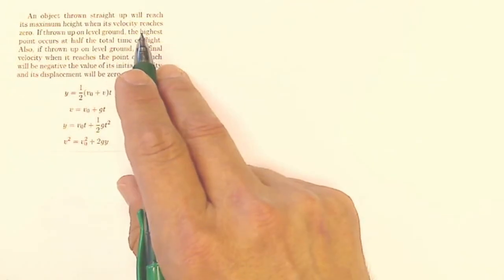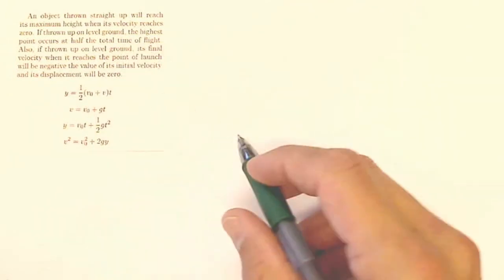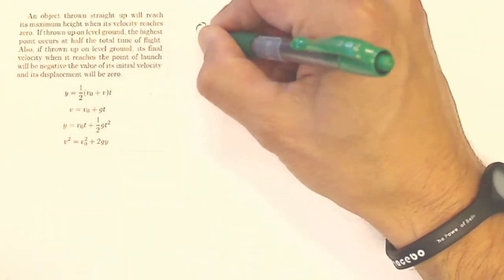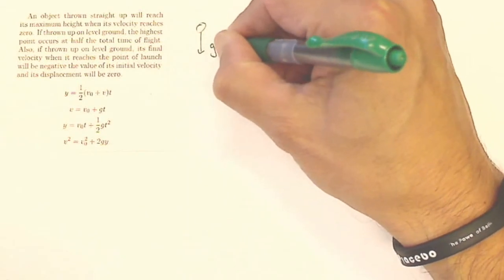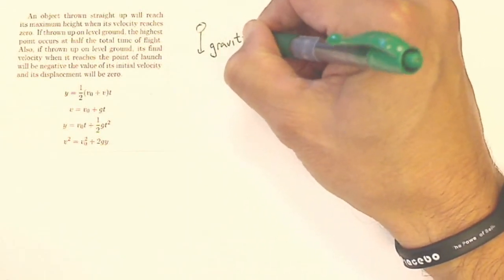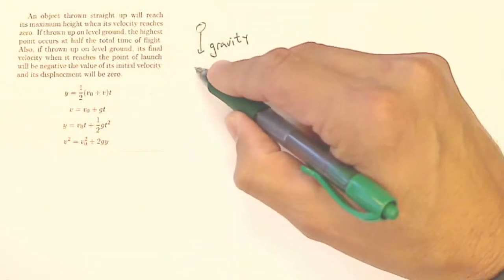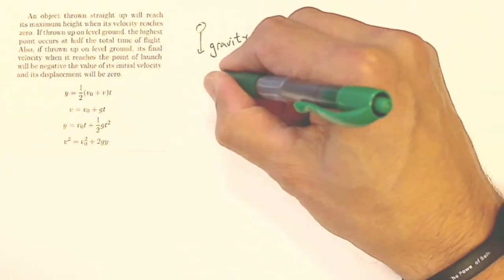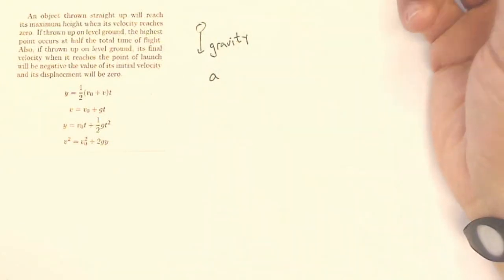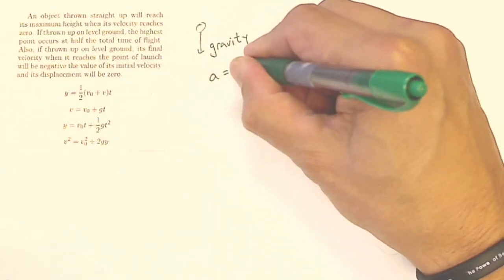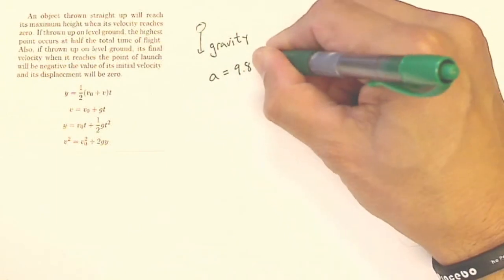This is the introduction. This homework is all about objects in free fall. When an object's in free fall, the only influence on it is the acceleration of gravity. And gravity is always pulling straight down. So gravity accelerates all objects that are falling, if we ignore air resistance, at a rate of 9.8 meters per